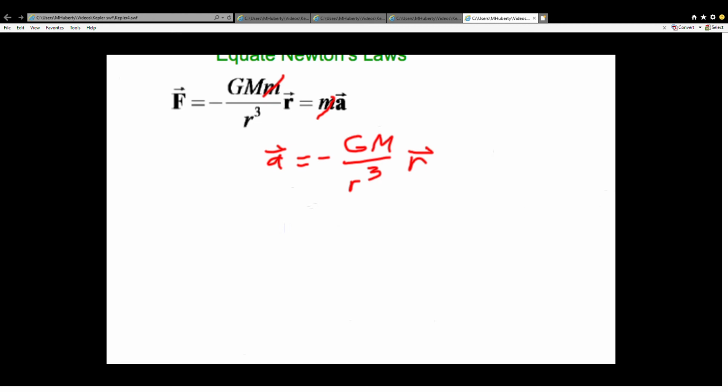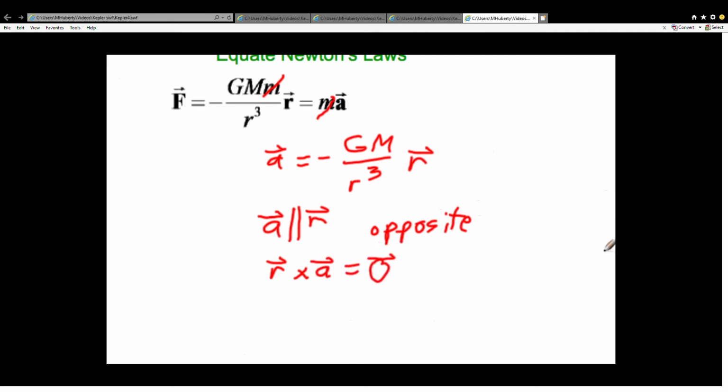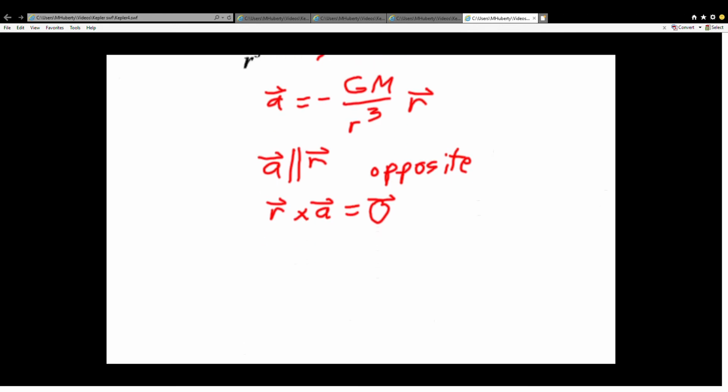Oops, need a writing tool. Here we go. So we've got acceleration is parallel to the position vector, right? And then we said, in particular, it's also opposite, okay? But vector-wise, that means that if we go to a cross product, the cross product of these two is zero, the zero vector. So we have the zero vector as the cross product. Well,